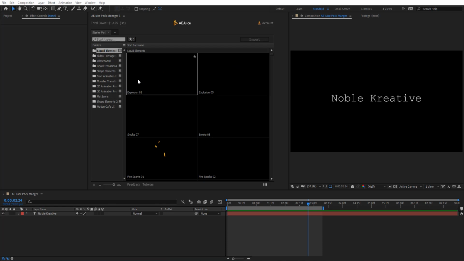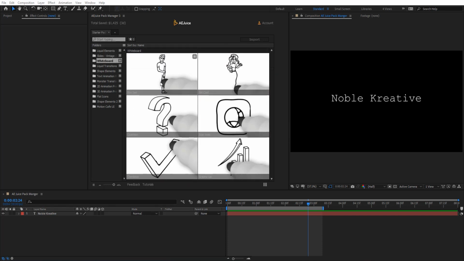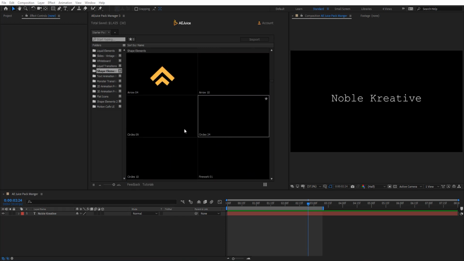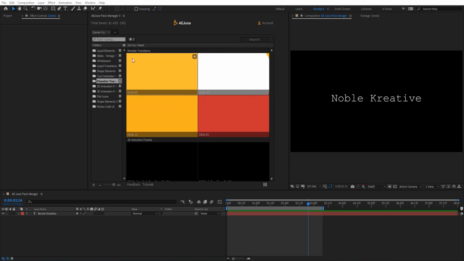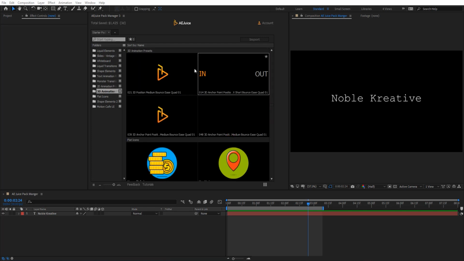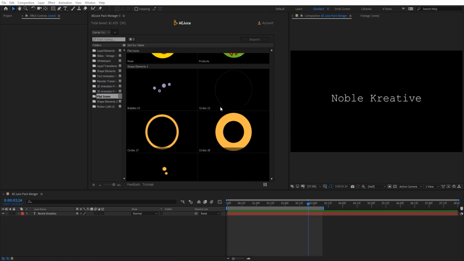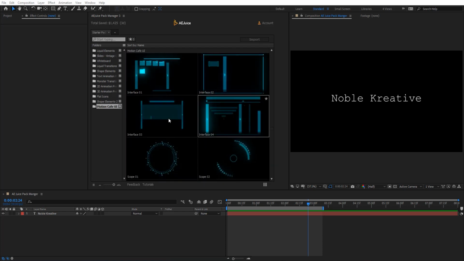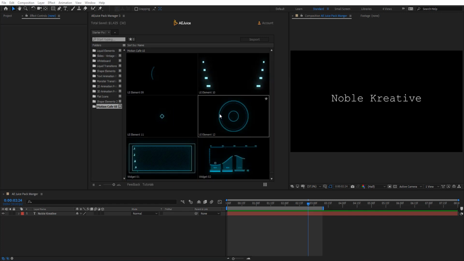So here we got some liquid elements as you see here. We got some slides, whiteboards, animations, and liquid transitions and shape elements here. And we got some text animation presets and monster transitions and 2D animation presets. We're going to see how these work later. And here we got also flat icons and some more shape elements. We got also some very cool HUD elements here. All these are for free when you install the plugin.